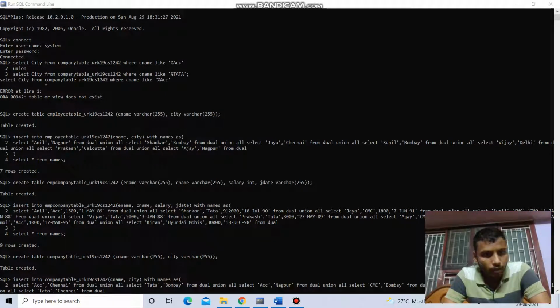It will show that 7 rows have been created.